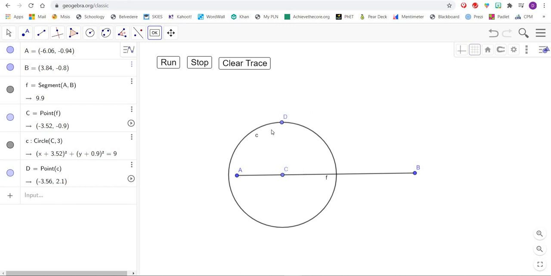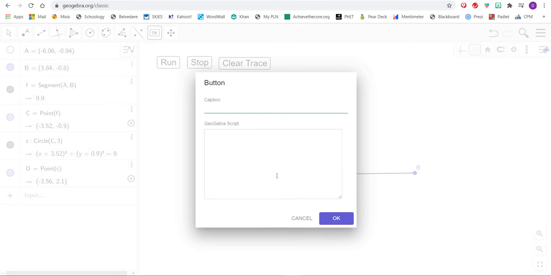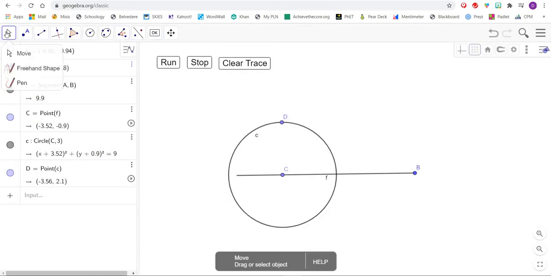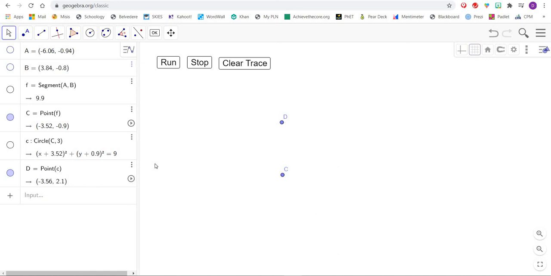Once I have that, I'm going to get rid of certain elements. So to do that, what I'll do is I pretty much want to hide everything except for C and D. So click on each of these little circles, get rid of A. Oh, sorry about that. Forgot something. I gotta go back to my arrow tool so I can start choosing things. Get rid of B, get rid of the segment. I want to keep C, I don't want to keep the circle, and I want to keep D. So I'm going to move this over,